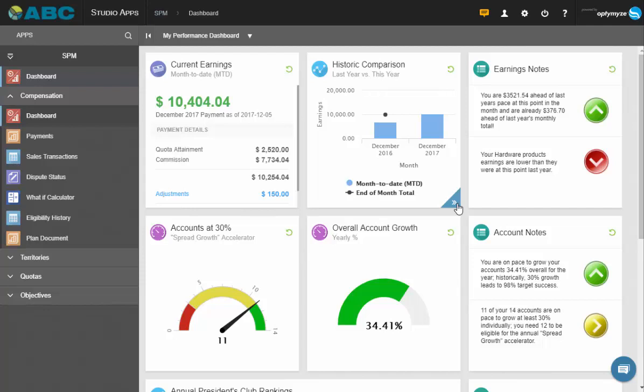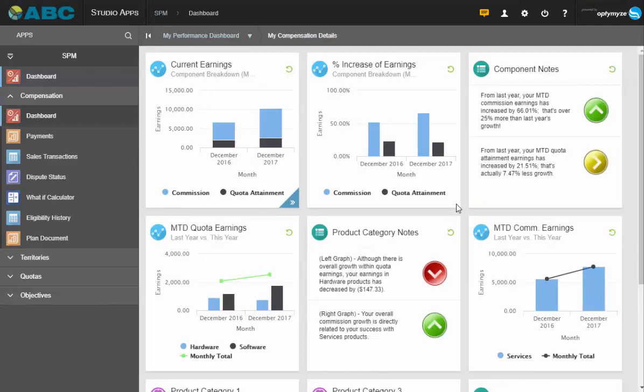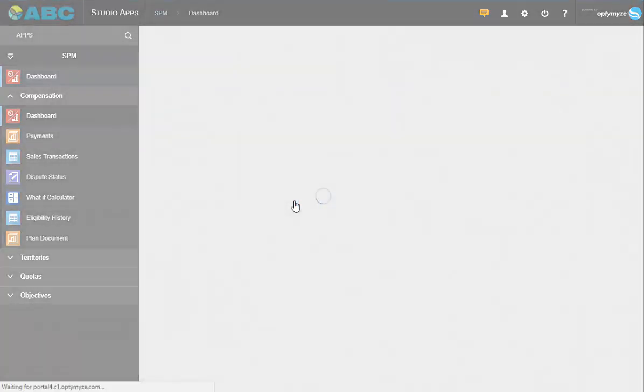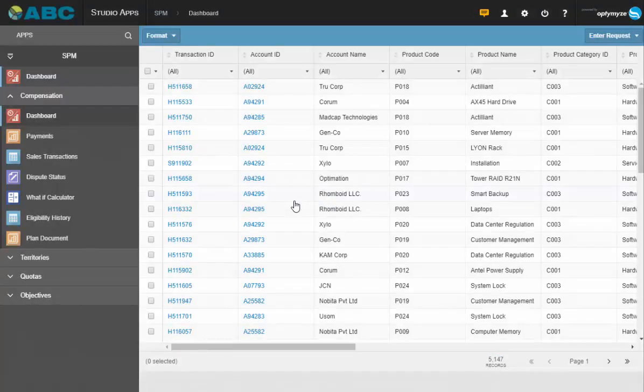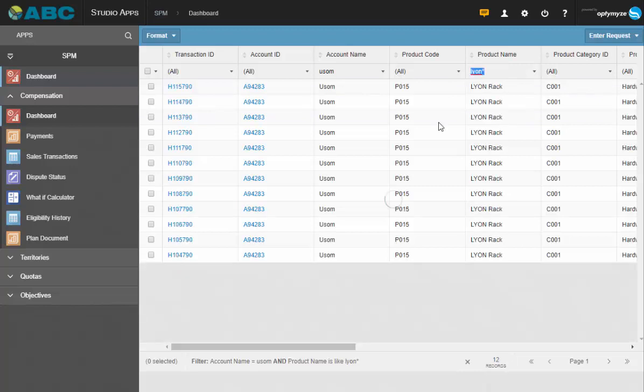So I'm doing better this year than last year, but at a lower level, I'm not doing as well in every attribute of my plan. I can drill down and see that detail, and even drill down a step further to look at transaction detail. So why am I doing differently than last year? Let me focus on a specific customer. I can interact with the report, find sales of a specific product,